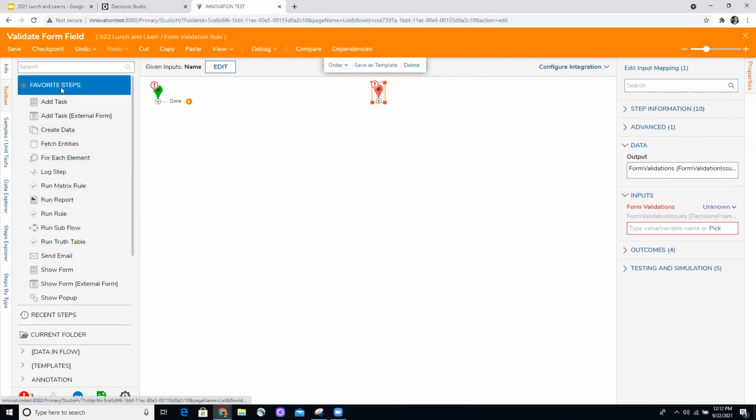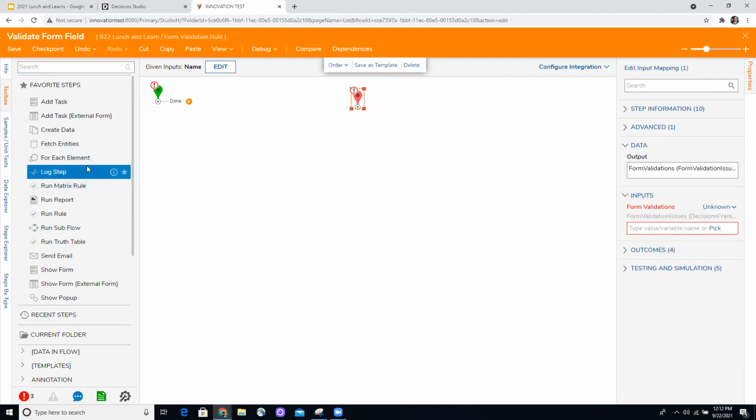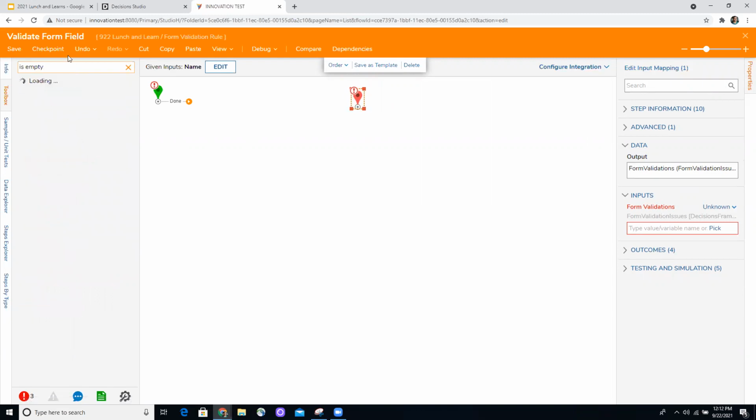In your actual use case, you're using a checkbox, right? Yes, I'm using a checkbox, but it's fine. If you do the name, it's great. Okay, I just want to make sure. Is empty.